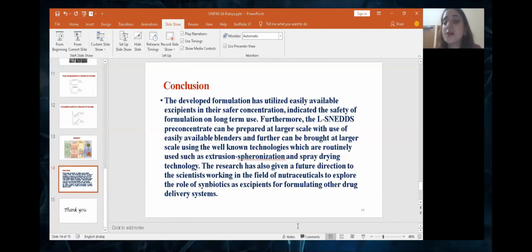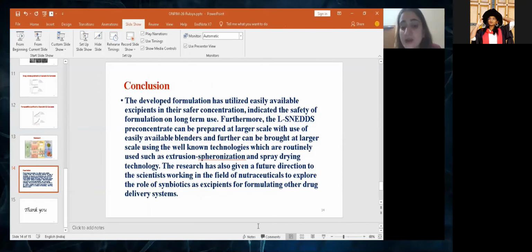So this is the conclusion for our study. The developed formulation has utilized easily available excipients in their safer concentration, indicating the safety of the formulation on long-term use. Further, this L-SNED concentrate can be formulated at larger scale, and it requires simple blenders for formulation. Therefore, it can be brought to a larger scale using well-known technologies such as spray drying and extrusion spheronization,